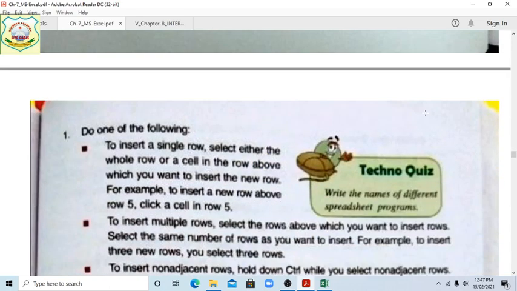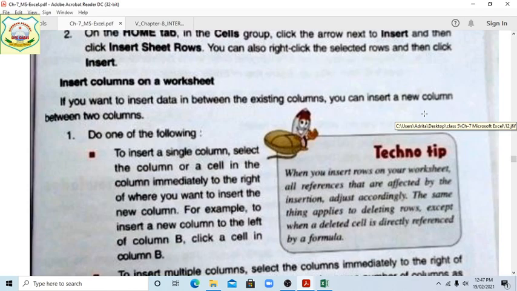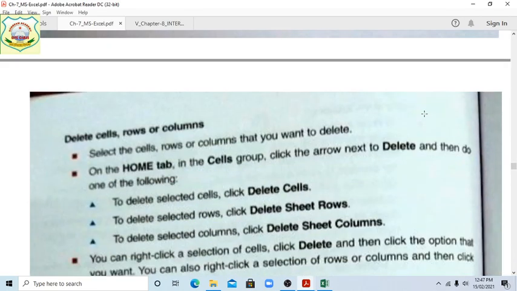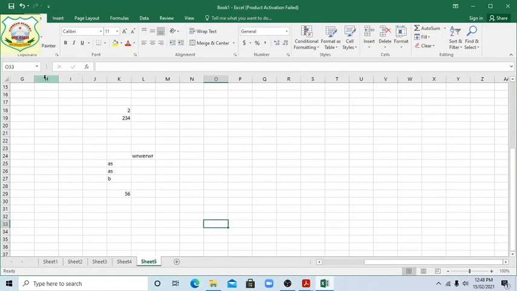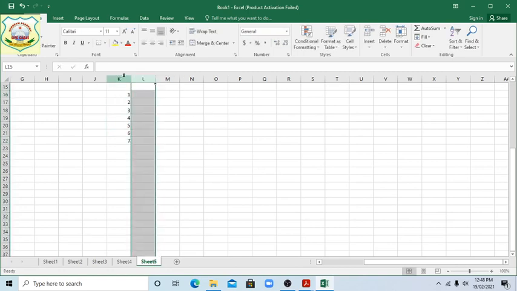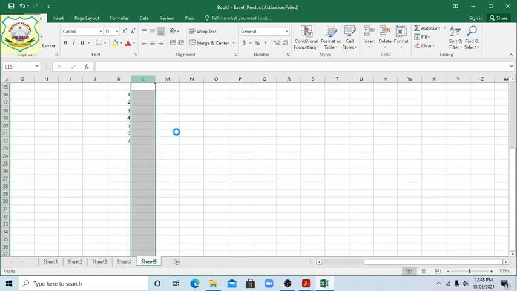Okay students, now here we have done these things, how to insert a column. I am telling insert a column, insert a row, students. You can see students, if you insert a column, suppose we have written here 1 2 3 4 5 6 7. We want to add a column here. So right click, there's an insert option. See students, now it is added here.